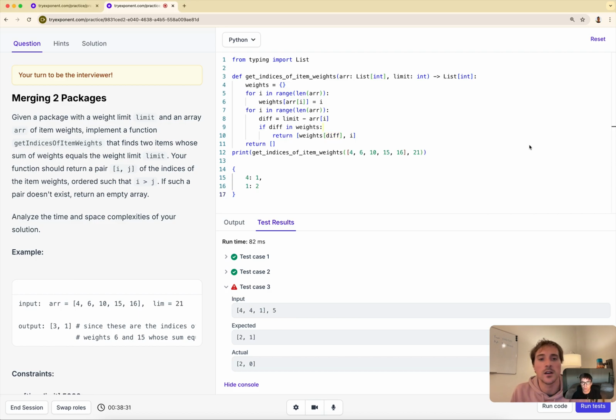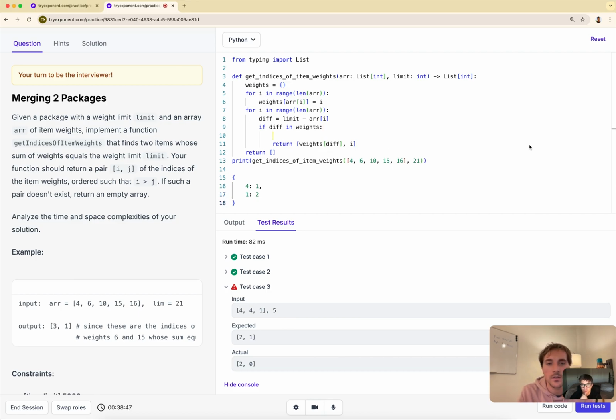Okay. Diff in weights. I could add another condition here. I feel confident there's a more elegant way of doing this, but I could say something like,